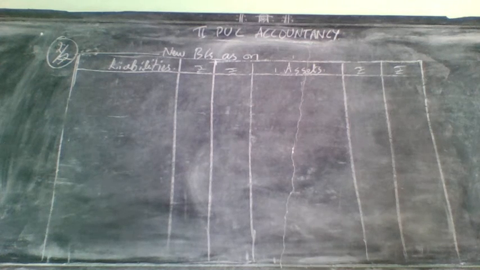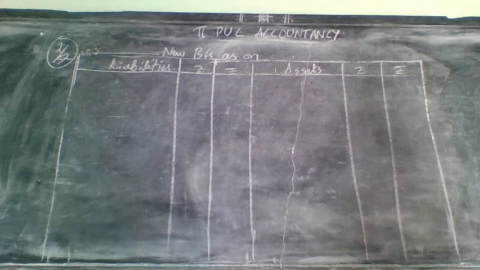Dear students, in the previous classes we have completed, regarding revaluation problem number 2, the revaluation account and partners capital account. Now let us move on to the last step of this problem, that is the new balance sheet. This is also the same as admission of a partner. So assets, you need to write on the asset side.